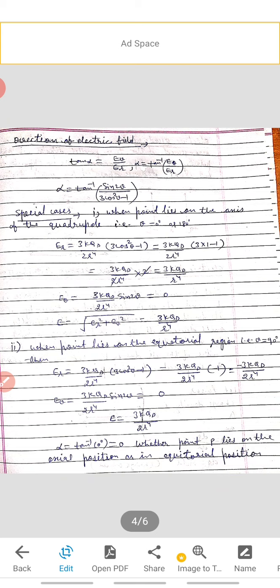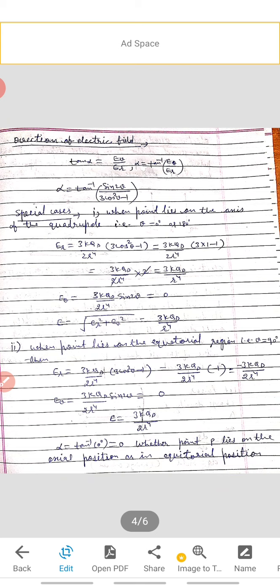When the point lies on the axis of the quadrupole, that means theta will be equal to 0 degree or 180 degree. Now put the value of theta equal to 0 degree or 180 degree in the equations for ER and E theta. Now ER is equal to 3kqd divided by 2 into r power 4 into (3 cos square theta minus 1). Now, on putting the value of theta, we get ER is equal to